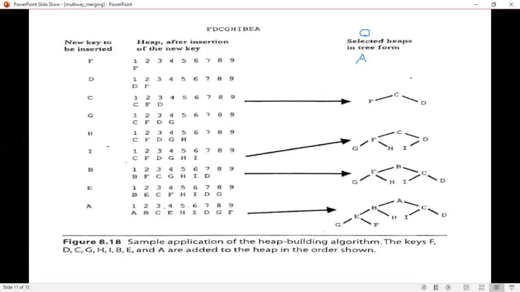We have to go on adding the elements one after the other. Okay, we'll see how to add in the array.